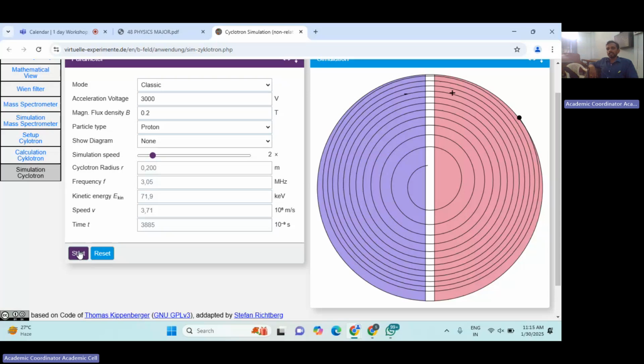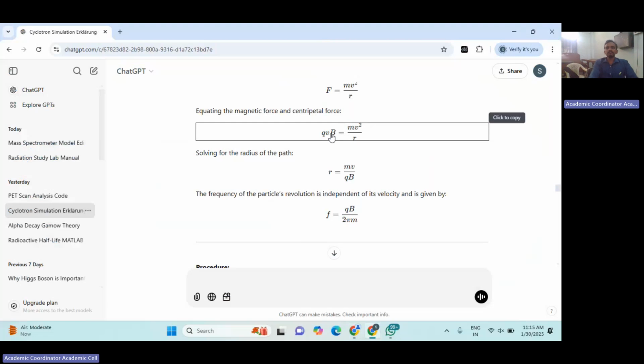So the electric field controls the speed only when the number of turns is increasing. So here, how many times is the particle coming in between the D's? 1, 2, 3, 4, 5, 6, 7, 8, 9, 10, around 11 or 12 times. So if I raise the magnetic field, what happens? If I raise the magnetic field, velocity is constant. So the particle revolves in a low radius orbit